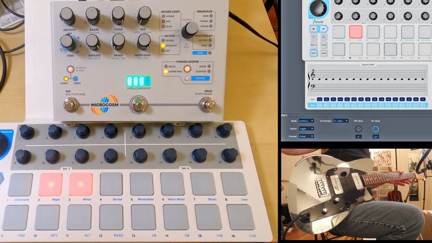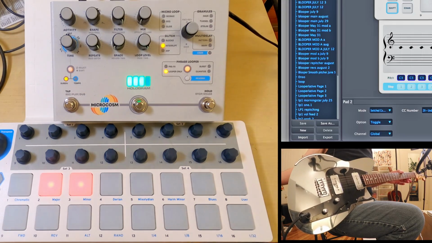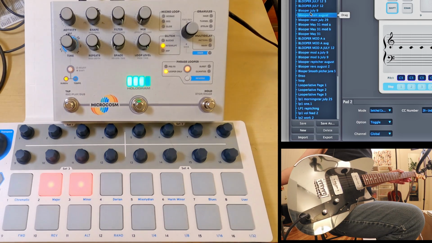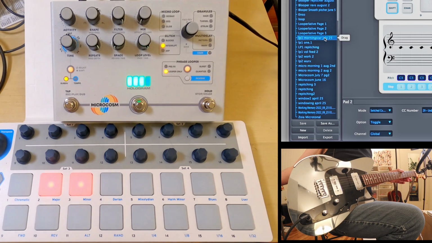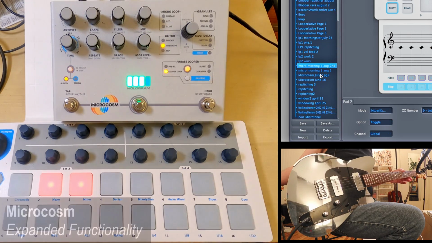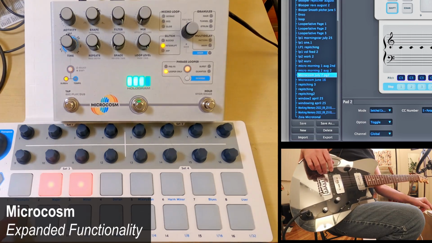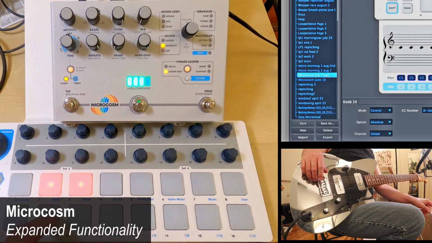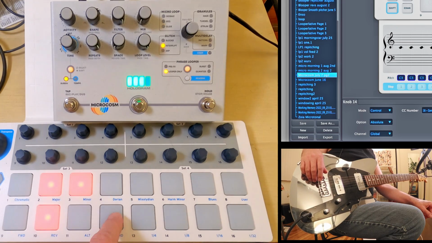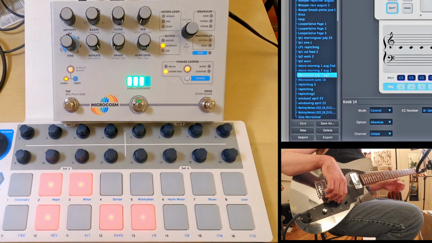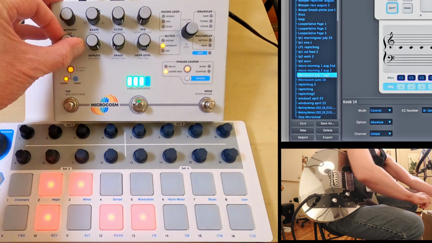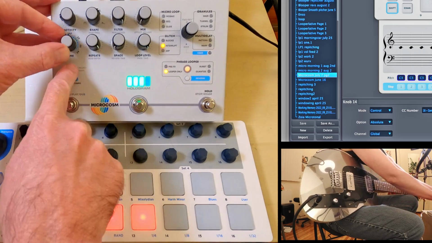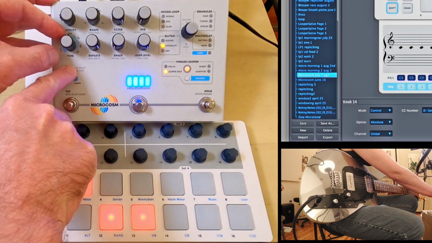So let's sit with that loop for a second. I am going to go back to the MIDI control center. I'm going to load a patch that I made a while back. So now this page gives us Vari-Speed control. Now you can access Vari-Speed through the onboard interface by holding down the blinking button